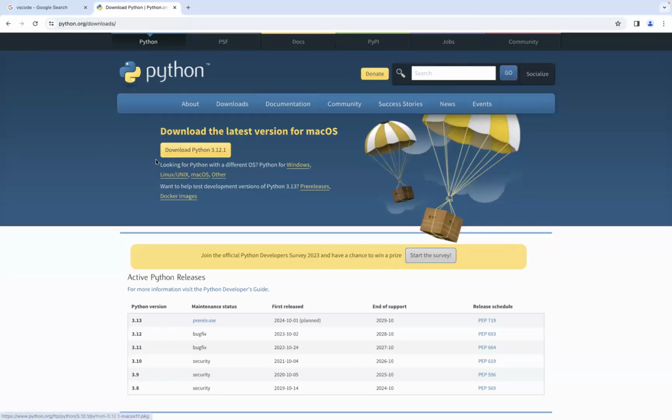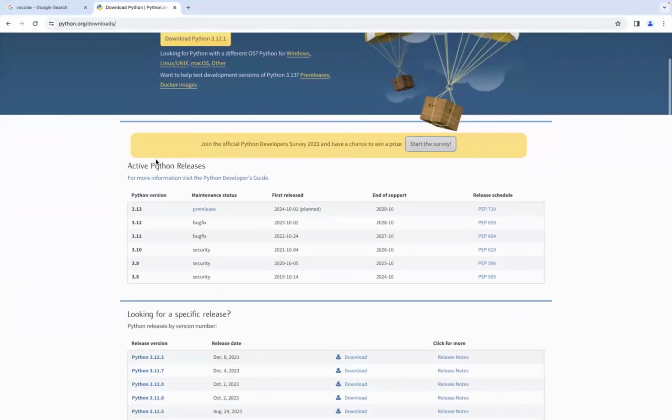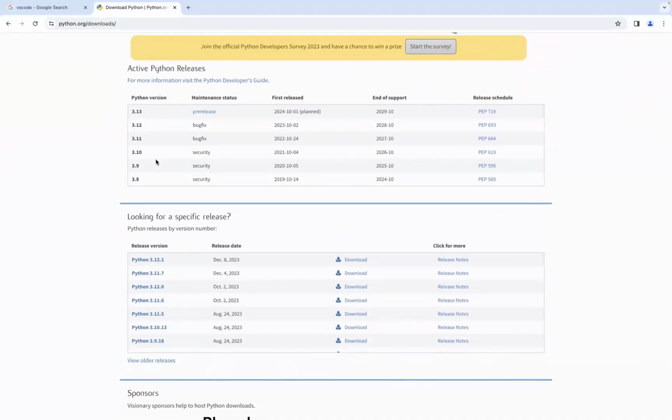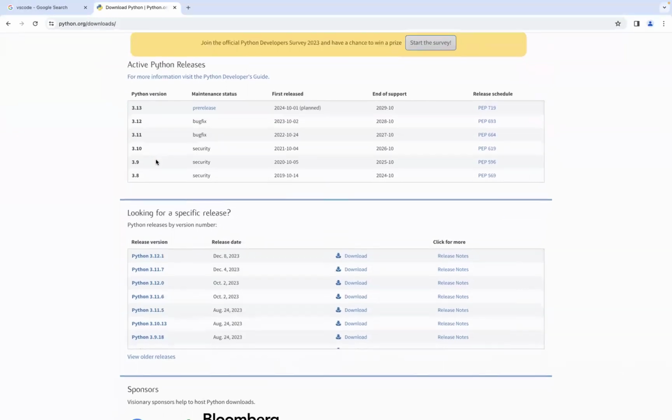Always try to avoid installing the latest versions, because the latest version sometimes might have some issues. It's not always the stable version. Just try to get 2 to 3 versions below the latest version, like 3.11 or 3.10, because those might be stabilized by now. Every few months they release a version, people start using it, the community reports back if they find any issues, and they release a patch version, something like that.